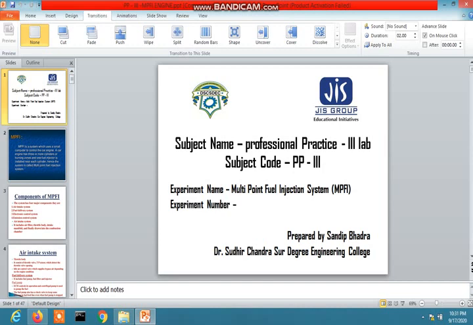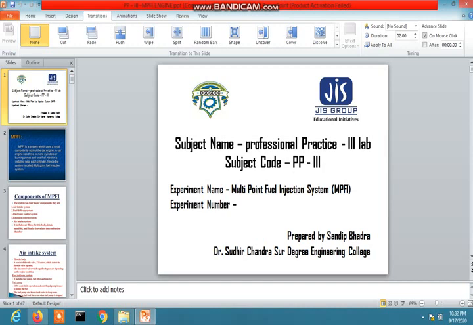So the various cylinders receive the air gasoline mixture in varying quantity and richness. So the maldistribution can be solved by the port injection system, by having some amount of gasoline injected at each intake manifold.